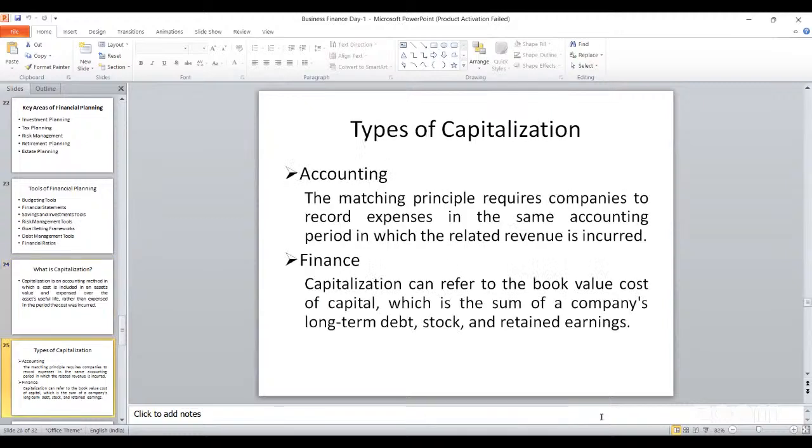Now, next coming towards types of capitalization. Basically, you have got two types of capitalization. What are those? The first is accounting and the second is finance. Accounting is a principle wherein we require companies to record expenses in the same accounting period, for the particular period in which the expenses and the incomes have been incurred. No doubt, the assets that you are calculating are a benefit to your business